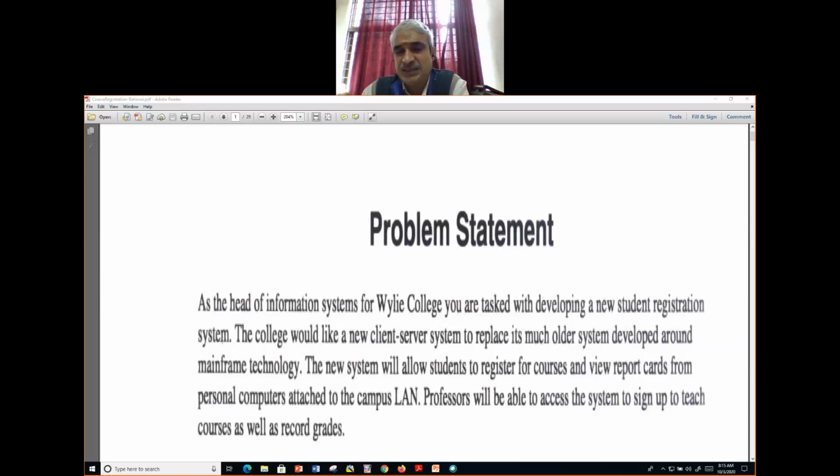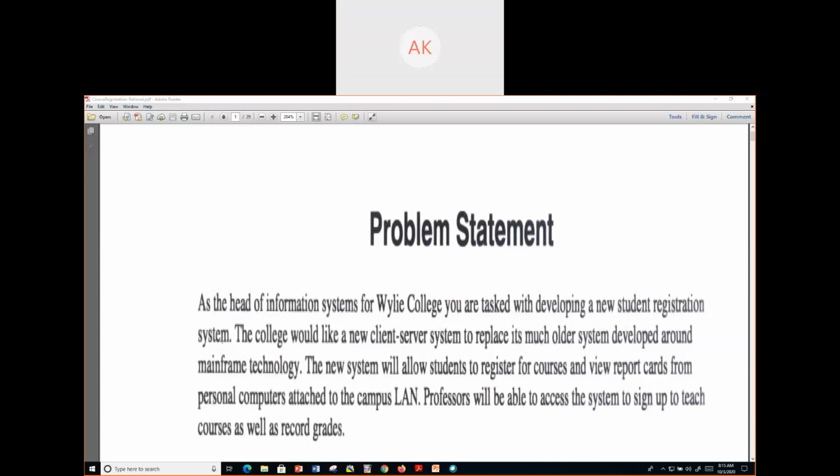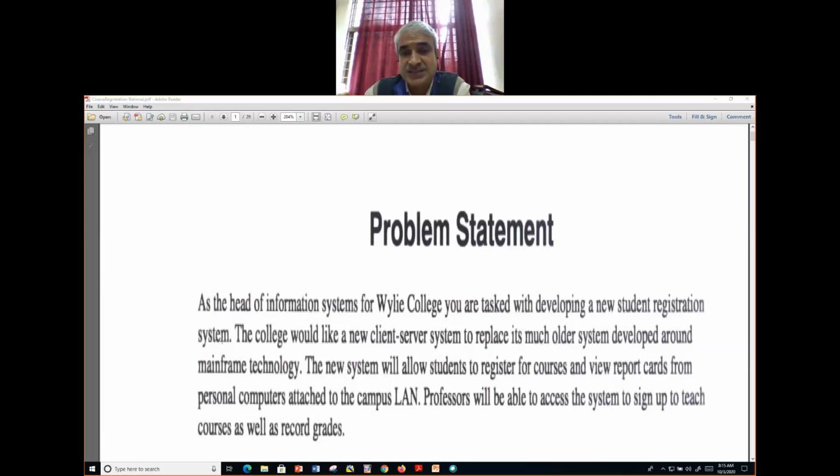Any use cases here? Actor or use cases? Ashish, you can unmute all the time. Arpita, you can unmute all the time and regularly interact with me as if you are talking in front of me. Any actor or use cases here? No, as such, no, right? There is no functionality of the system as such. You don't say registration system. The whole system has been given, but we will look into that.